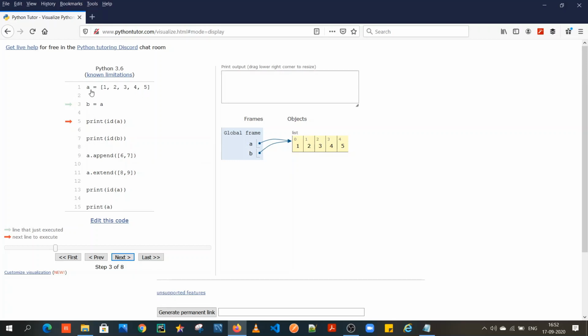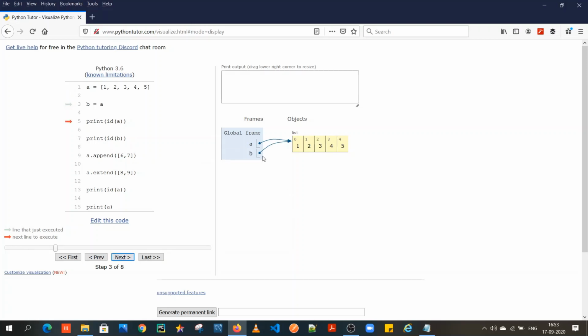Absolute gibberish. It did not make any sense, and will not make any sense if you are a newbie, mid-level, or even, well, at any level this doesn't make sense. But now look what Python Tutor has done for us, and this makes it simpler to understand. When I say a is equal to this, the list was initiated. Let's see. So when I did a, the list was initiated, and when I did b is equal to a, it shows that's the next line.